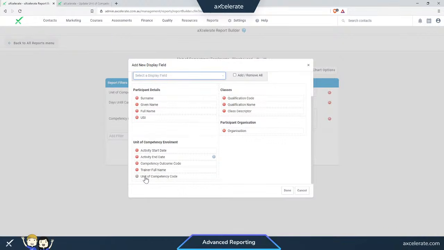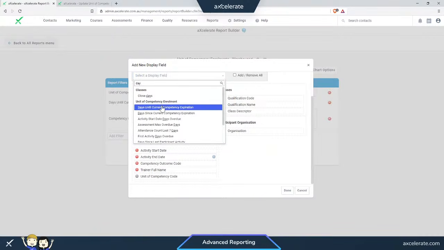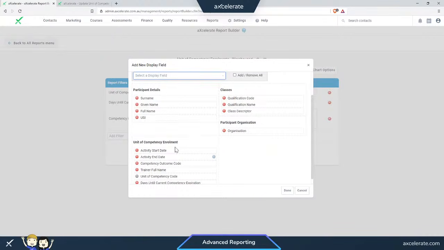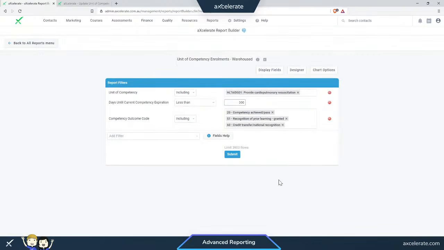So by default, I've already got the unit code. I may want to include the days until current competency expiration. And I also have the outcome code here. So I can move these display fields around as such to rearrange how I view the data in my report. If I go done and hit the submit button,